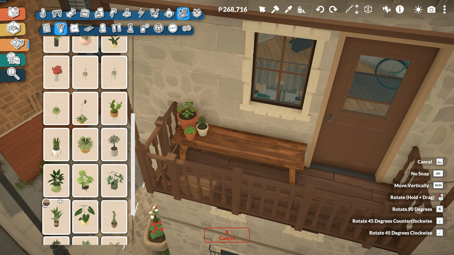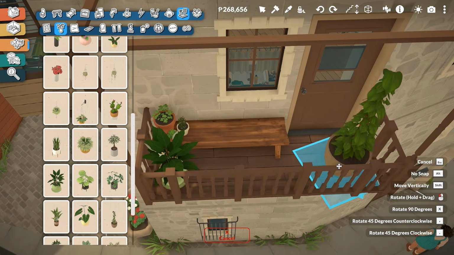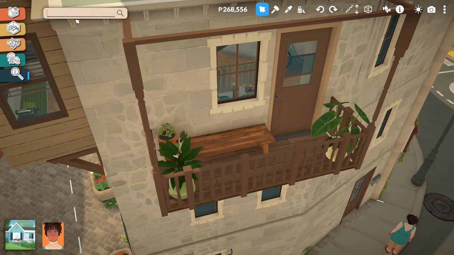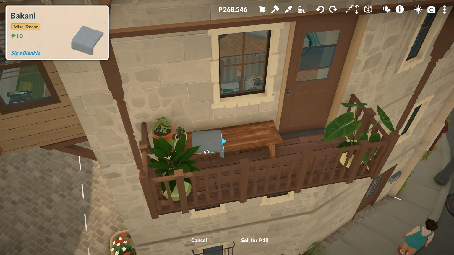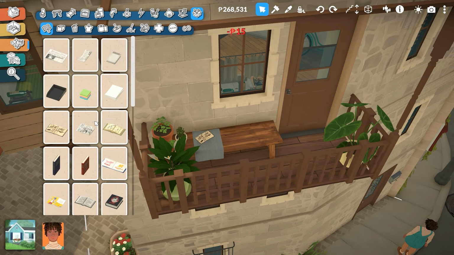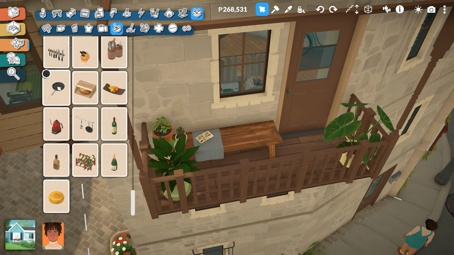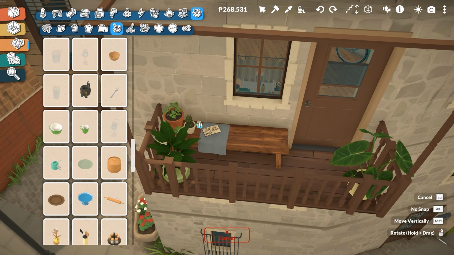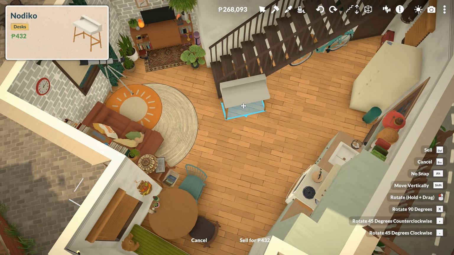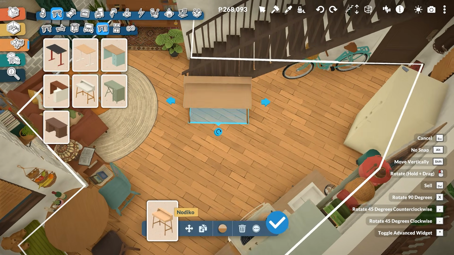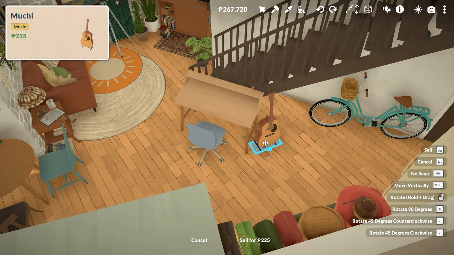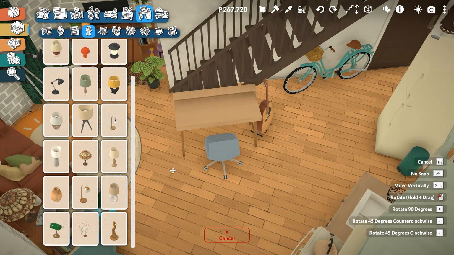So far, the build mode for Paralives has really impressed me, but honestly the thing that has impressed me the most is the amount and the variation in the clutter pieces. They really are fantastic, and it just shows you how important that stuff is, because even though I do think it's fantastic, I already want double and just a lot more of it. There's some really great use pieces there. There's some really useful stuff and really clever stuff that I wouldn't have thought of, but there's also quite a few gaps in there as well.